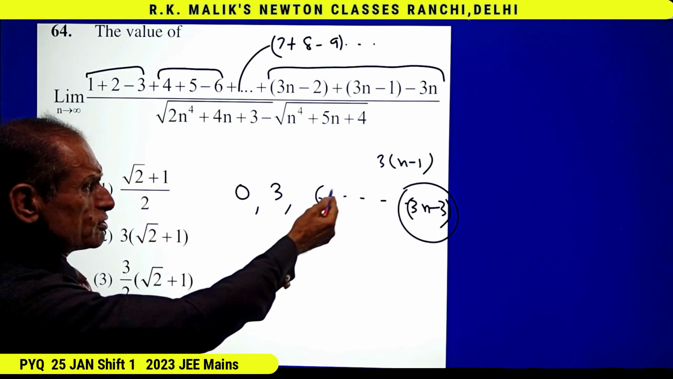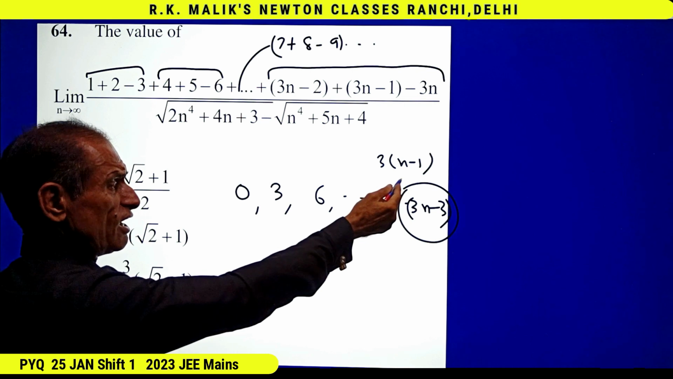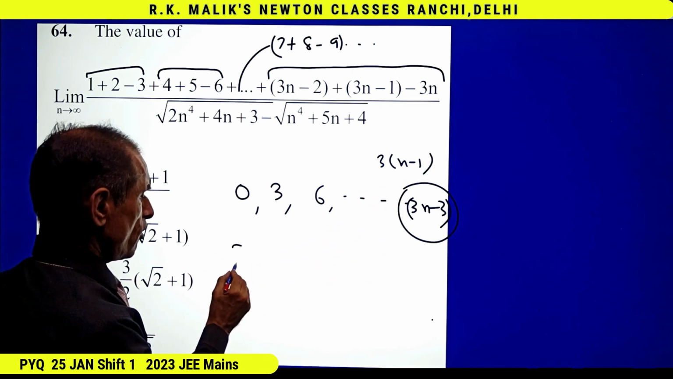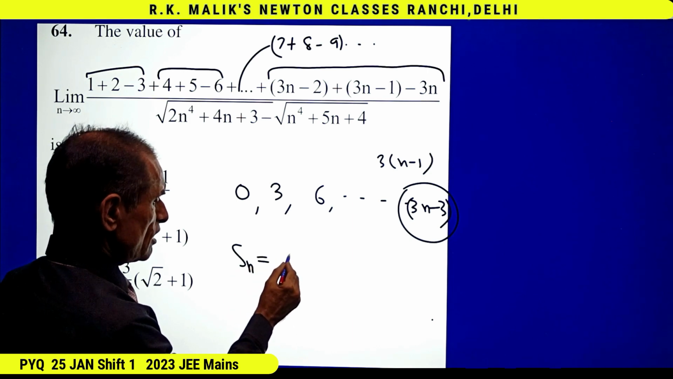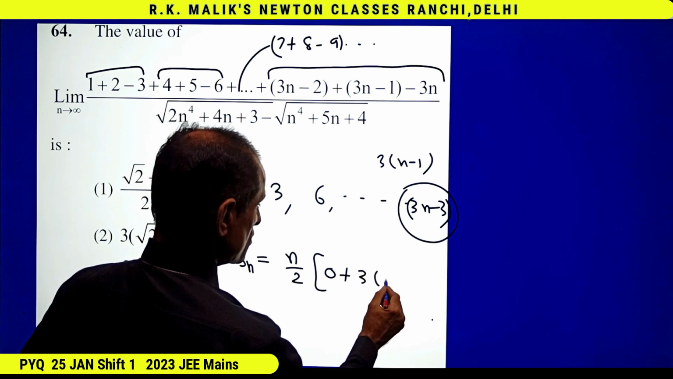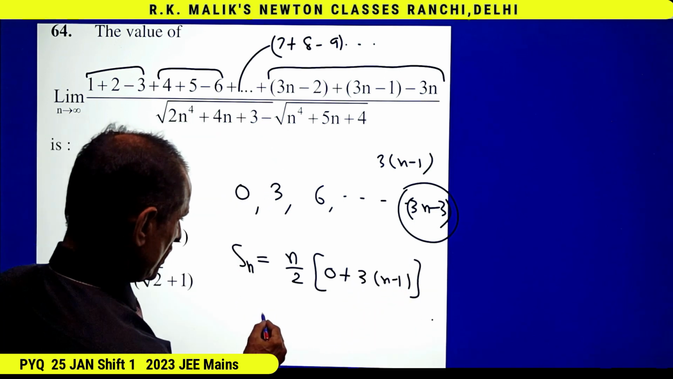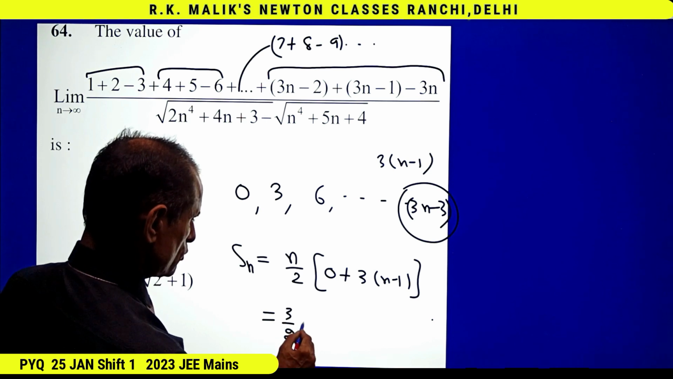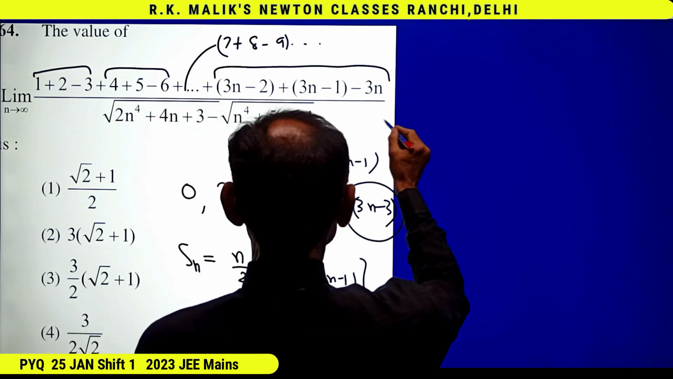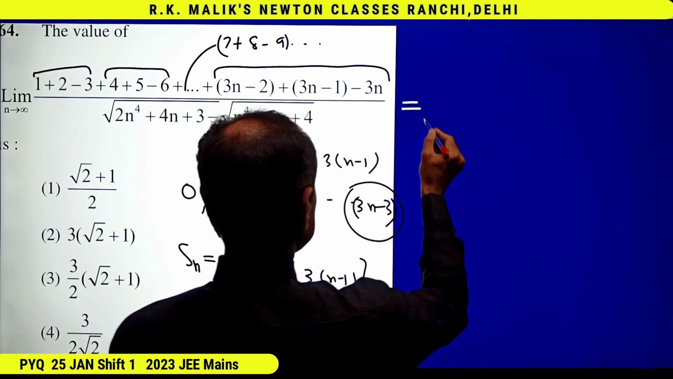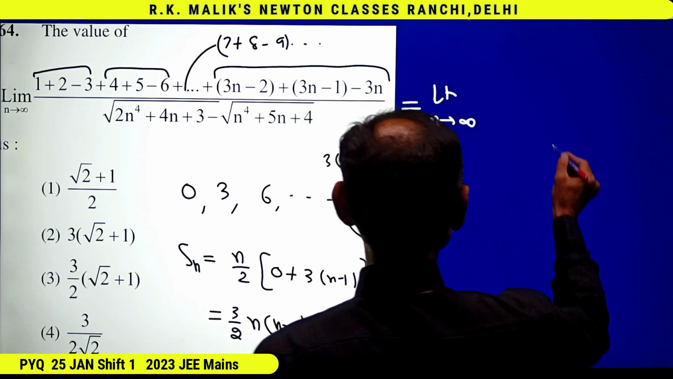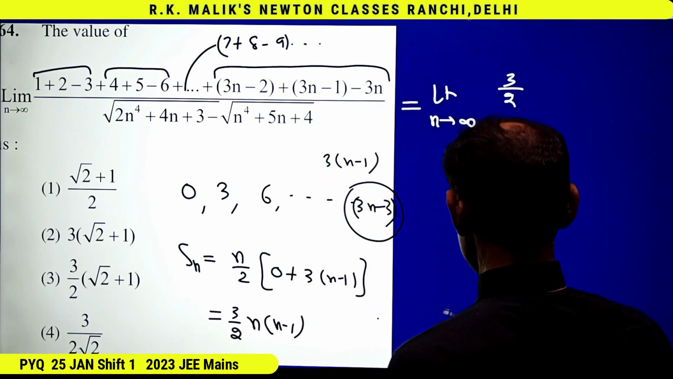Now it is easy to see that this sequence has n terms and first term 0. Therefore, the sum of all the terms will be n by 2 into first term plus last term. That is equal to 3 by 2 into n minus 1. Hence, I can say this is equal to limit n tends to infinity 3 by 2 into n